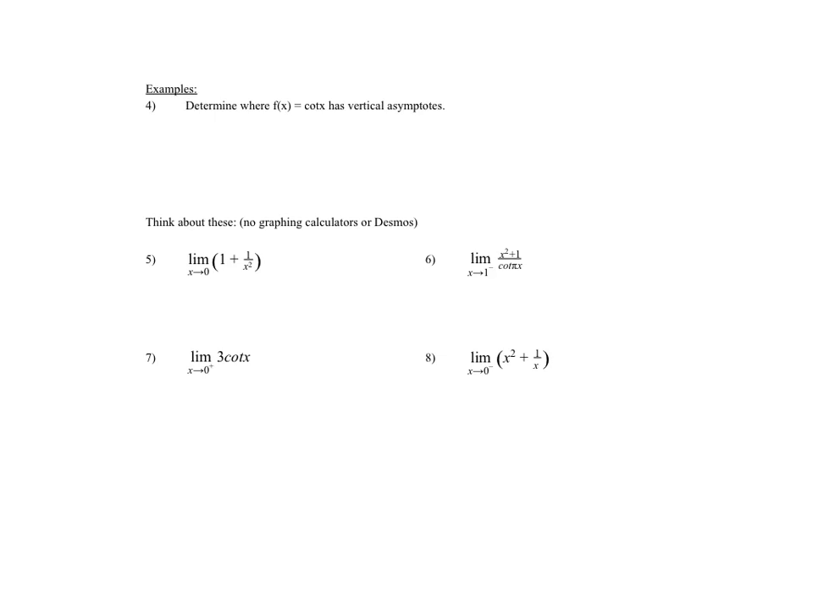Okay, now we want to determine where f of x equals the cotangent of x has vertical asymptotes, which is essentially when we're approaching positive infinity or negative infinity. And there are a number of ways to think about this. We can think about the fact that f of x is the cosine of x over the sine of x. So we could consider